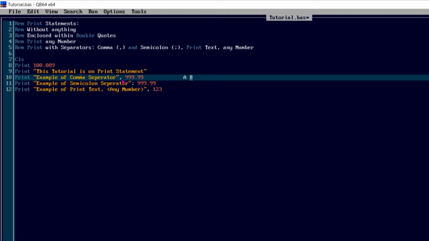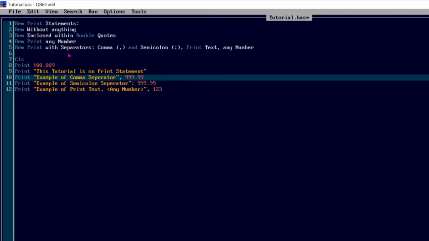So comma means we are entering a tab and semicolon means we are pressing the space bar. I repeat, when we use a comma, it means we are entering a tab, and when we use a semicolon, it means we press the space bar. Okay, we will see the output.